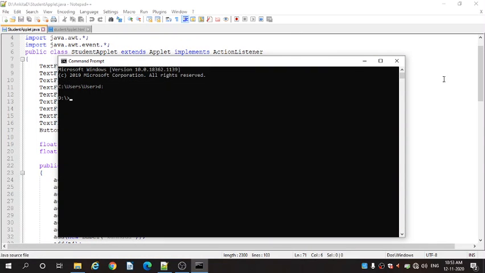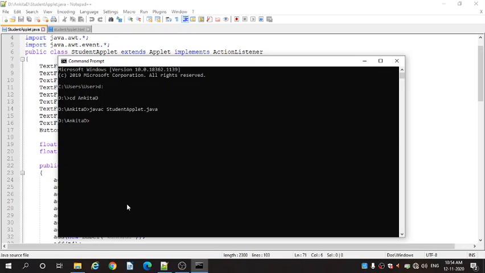Go to D drive, cd to your folder name, and give the compilation command, that is javac StudentApplet.java, and press the enter key. Okay, it is successfully compiled.